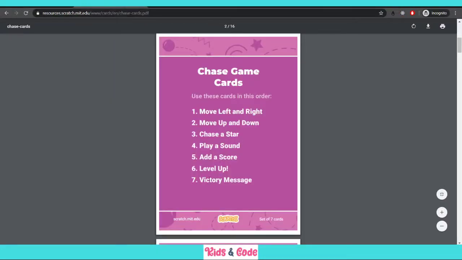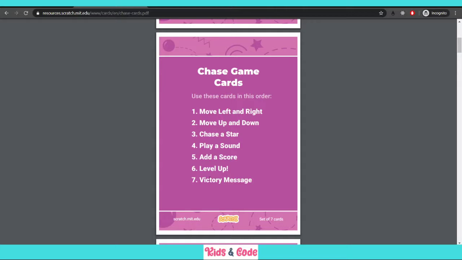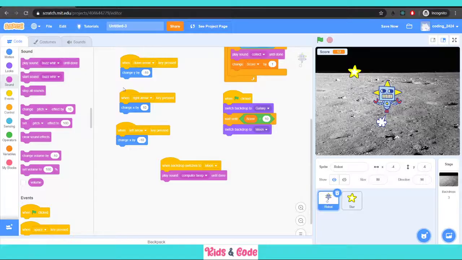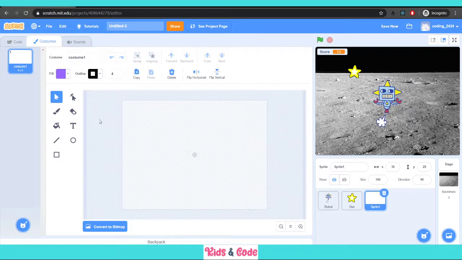We can also have a victory message to display. So for the victory message to display, we can go and make a sprite of our own. So to make a sprite of our own, we don't click on this. Instead, we hover on this and go into this paint option. In this paint option, I have this text option. I click on text and I add a text here which says you won.